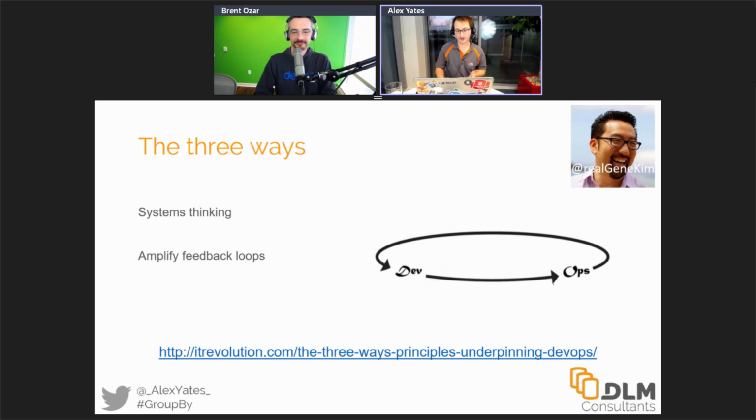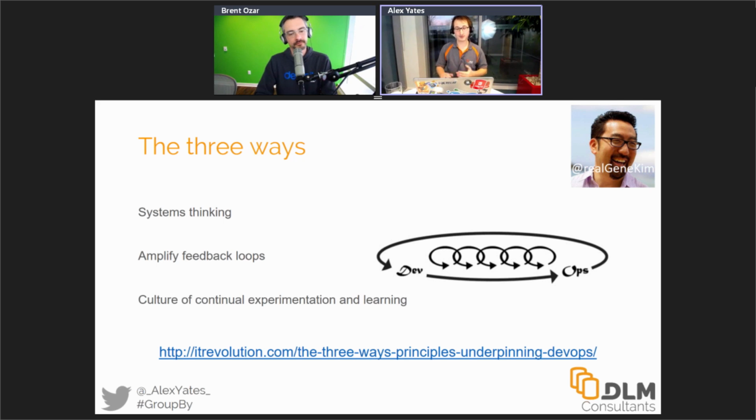So we want to be thinking about amplifying feedback loops, and then the next step is this cultural thing that happens afterwards. Once we've got that quick feedback loop, it changes the entire way that we think. Everybody in the organization is now thinking, right, I want to do this experiment and that experiment. Here, I've got an idea, not just I've got an idea, I think it's great, but I've got an idea, let me test it out, get some data on it. Actually, it turns out it's rubbish. I'll throw it away and come up with another idea, and that one's a good one, and I can prove that it's a good one because here's the data. Let's do more of that, please.